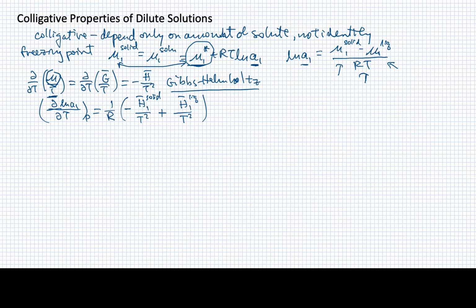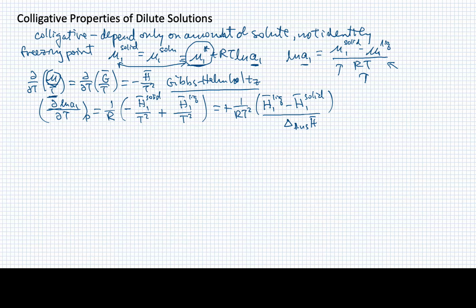So I'll get an expression that looks like this. All right, now let's rearrange this just a little bit to write it something like this: minus 1 over RT squared times, actually, let me keep the plus out here and make this the enthalpy of the liquid minus the enthalpy of the solid. And I'll note that this thing that we have here is just the enthalpy change for the fusion of